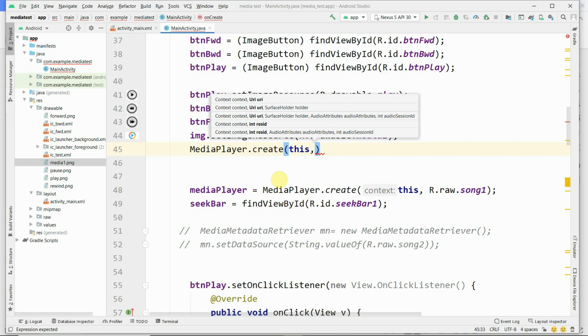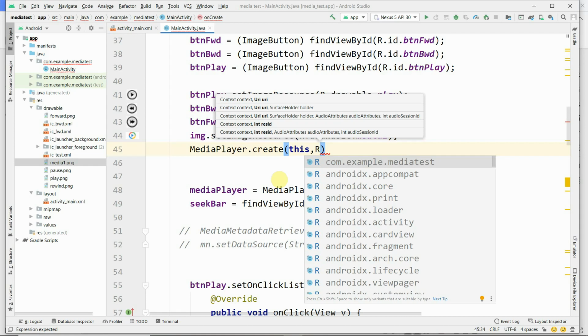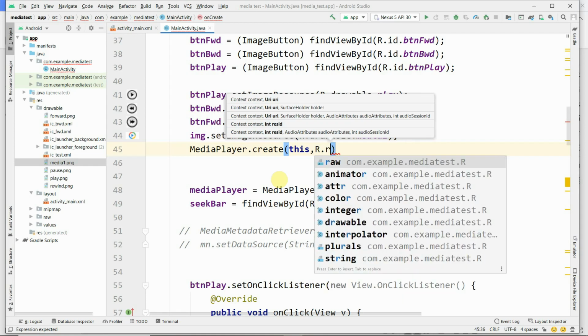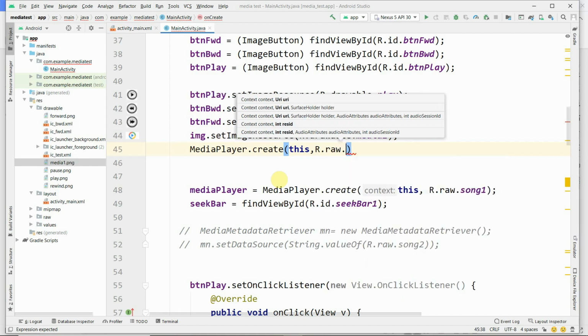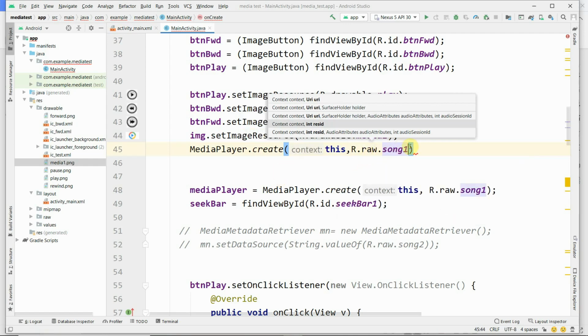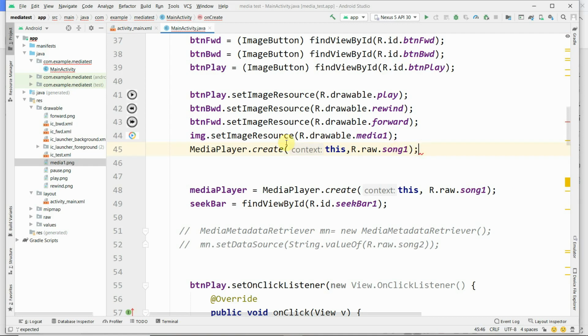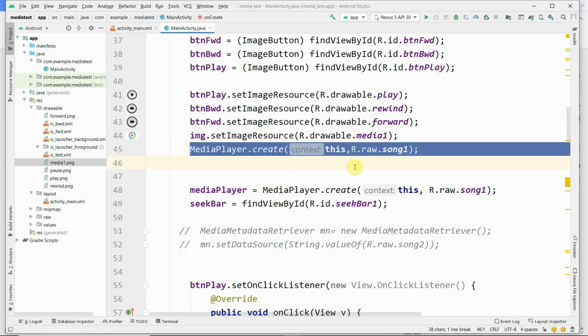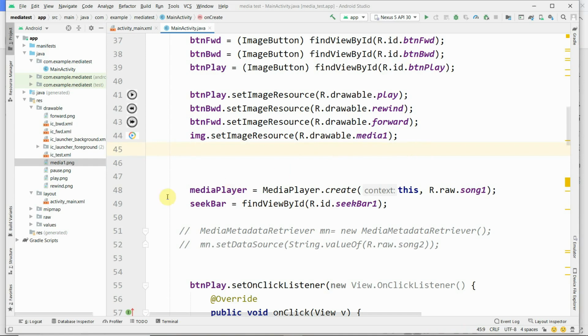Therefore when you type R dot raw dot, it shows the available songs there, song1, song2, like that. You can select any song, either song1 or song2. Already this is selected, therefore we do not need to do it once again. You can remove this.